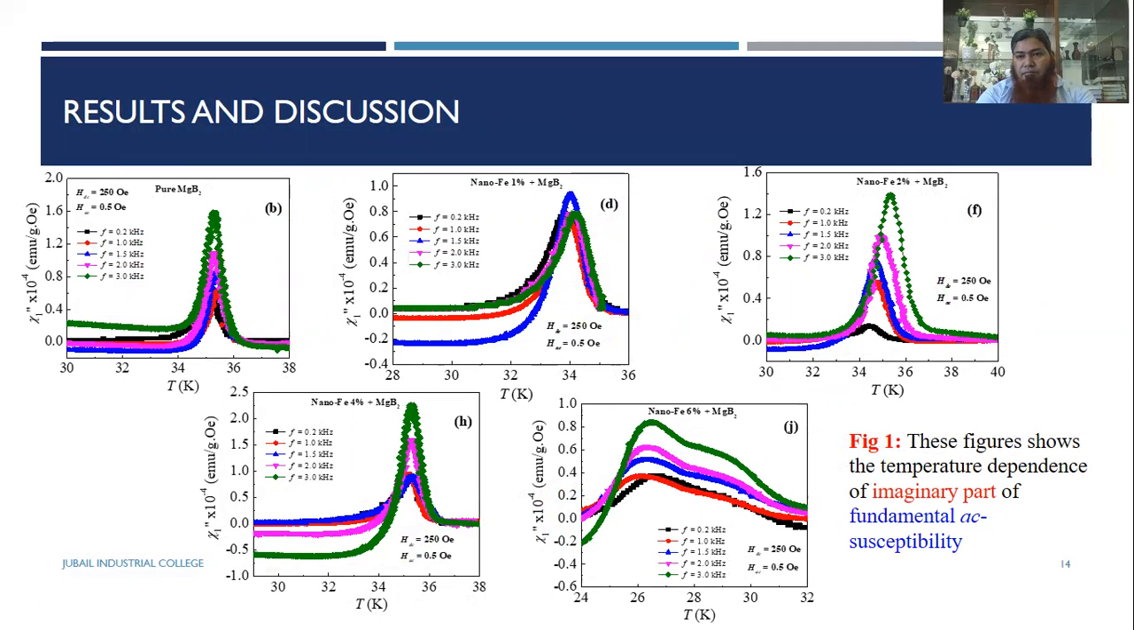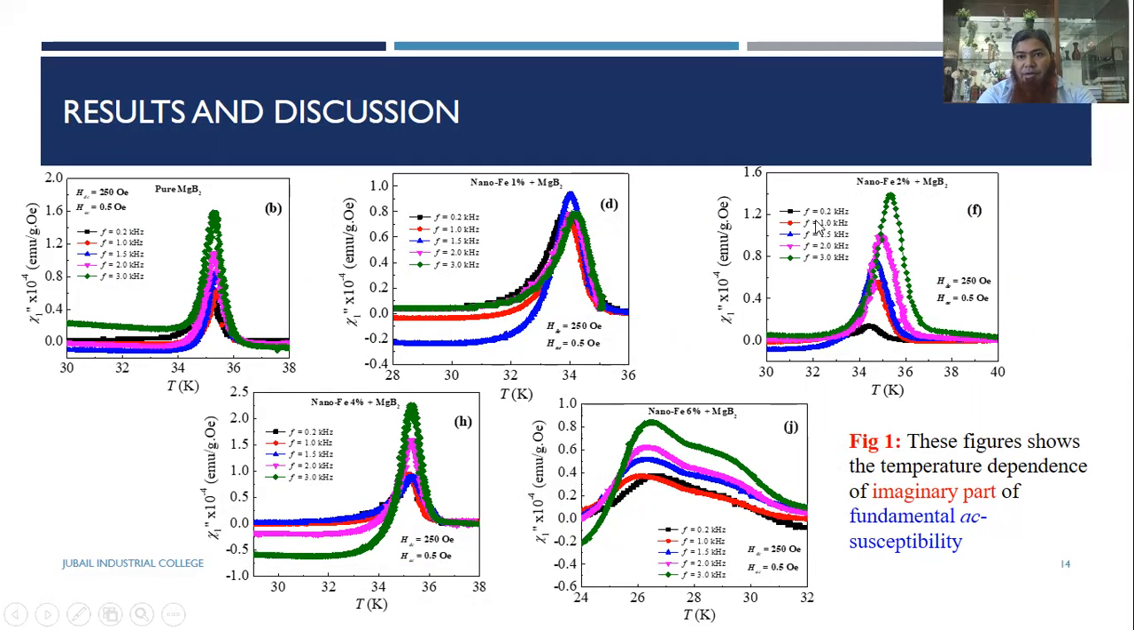Now these are the imaginary parts of the fundamental AC susceptibility. Here we got a peak at a certain temperature. The first one is the pure MgB2, then 1%. If you see the 2%, the behavior is looking good. We have taken the DC field 250 Oersted and AC 0.5 Oersted. When you compare, the amplitude is shifted toward the higher temperature